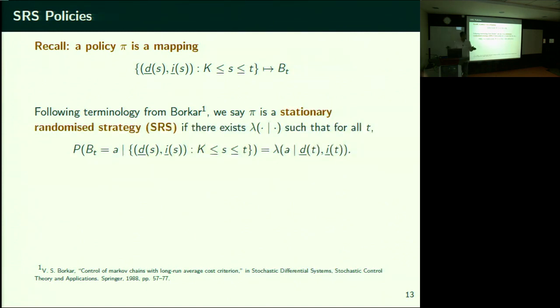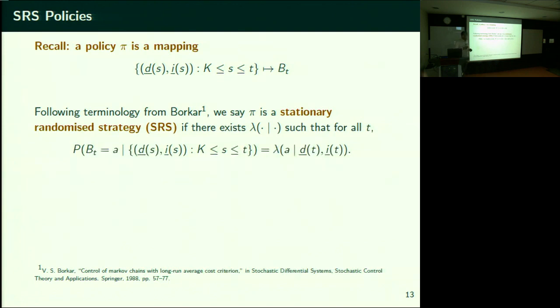Given a BT, yes. If I tell you that at this time I selected this arm, you can immediately update based on the past. But in general, your delays and last observed states at any given time could potentially depend on the entire history of all the delays and last observed states in the past. I meant BT, not DT. BT is your action, your control action.